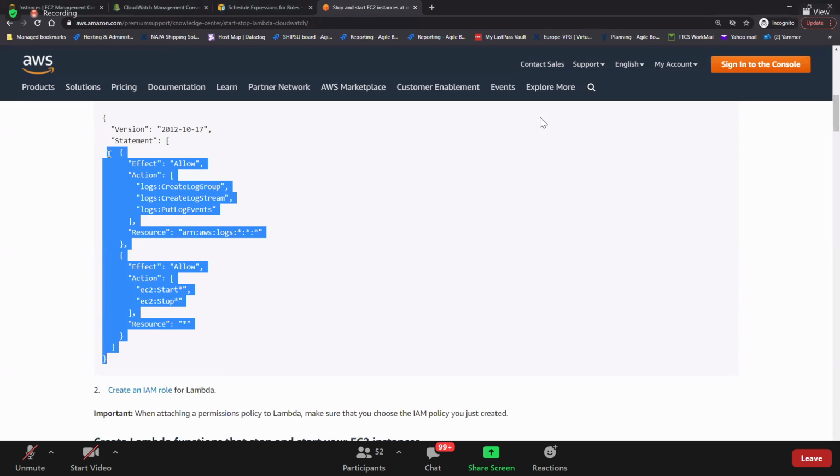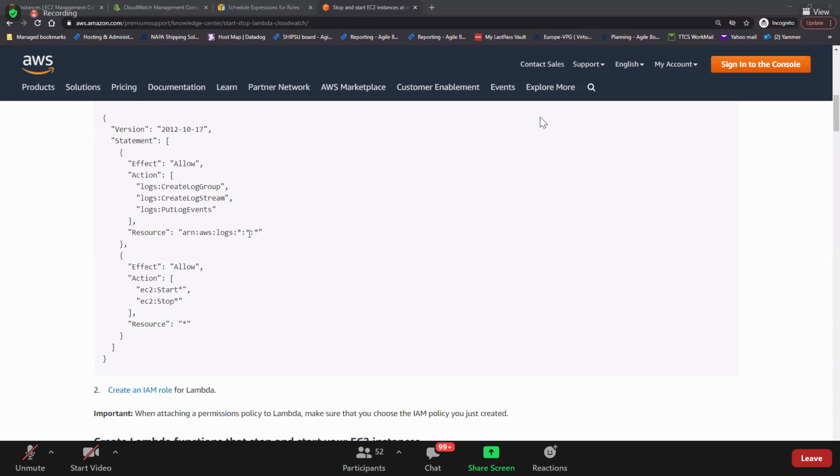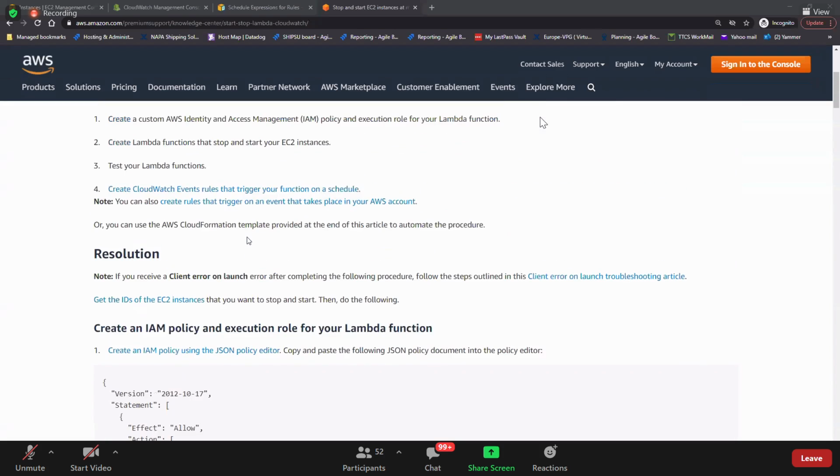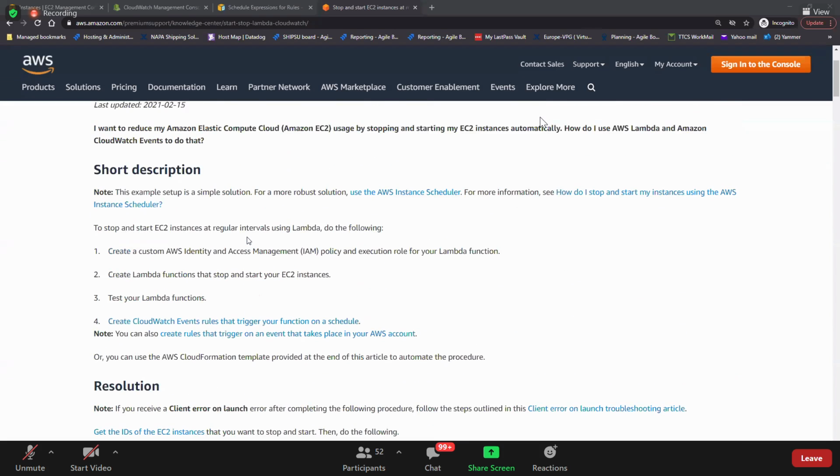So you create a policy. You know how to create a policy and you know how to create a role. Did we learn how to create a role? Yes. While creating a role, which one should you select, EC2 or Lambda? Lambda you need to select. So you select Lambda, right?